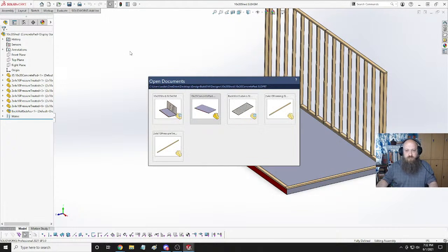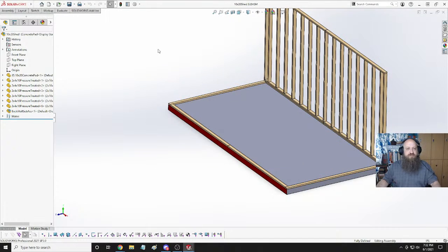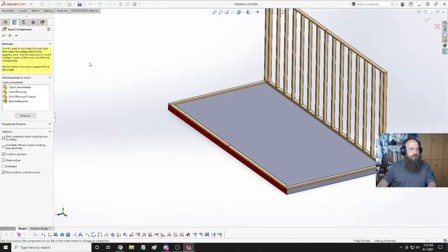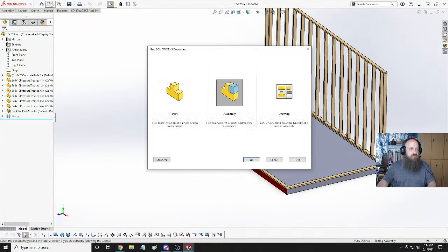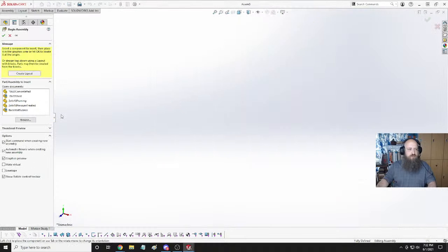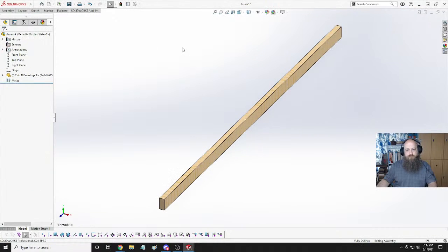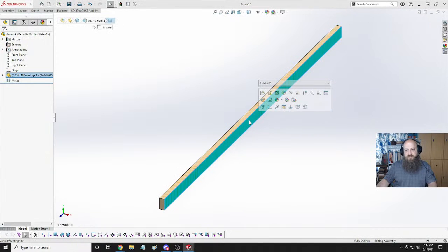Alright, here we go. This is the front, back, we'll call this right, and that left. Okay, so we're going to do a new assembly. Oops, that's not what I meant to do. And we need some 2x4 framing. And this should be the...